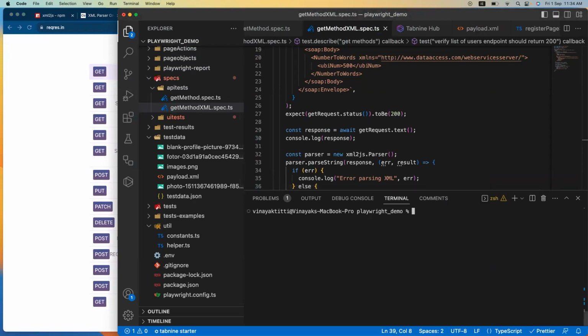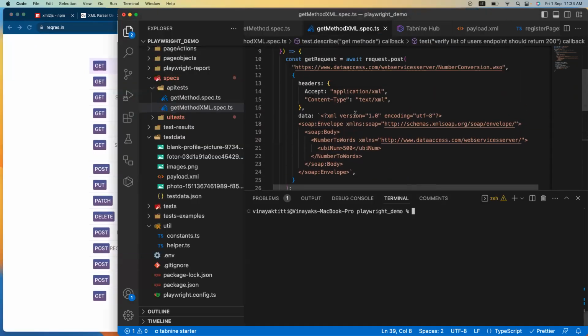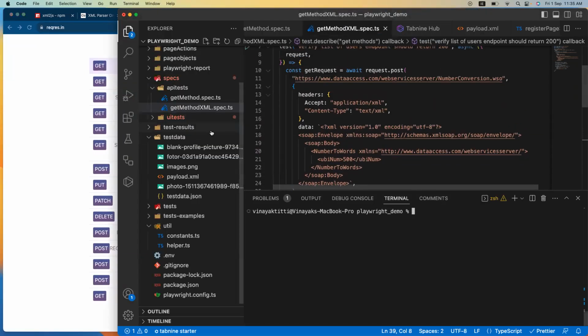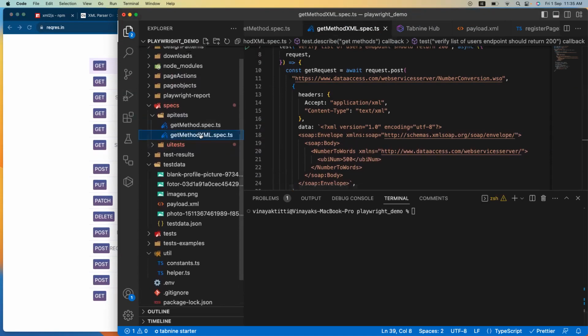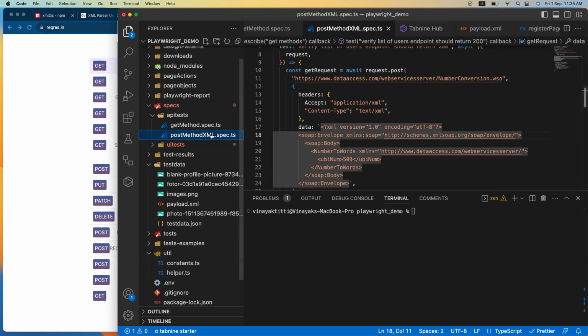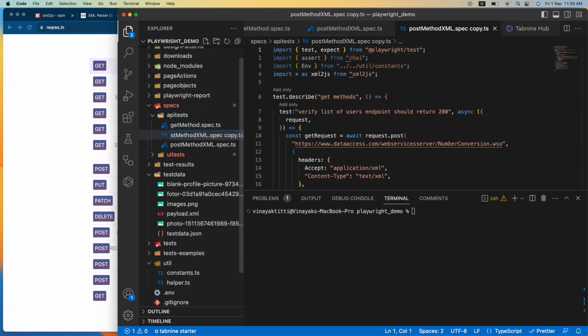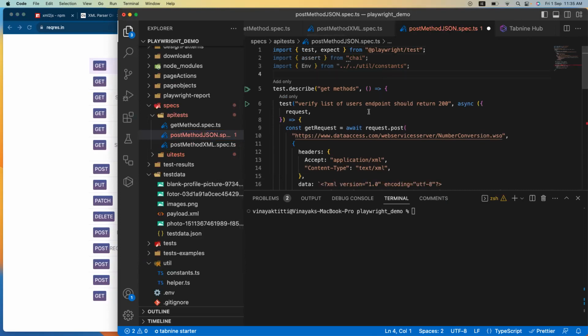For example, post, I have just now covered it. In the same way for JSON also, a similar process. For JSON, we don't need to install any package. Directly we can handle it. For example,